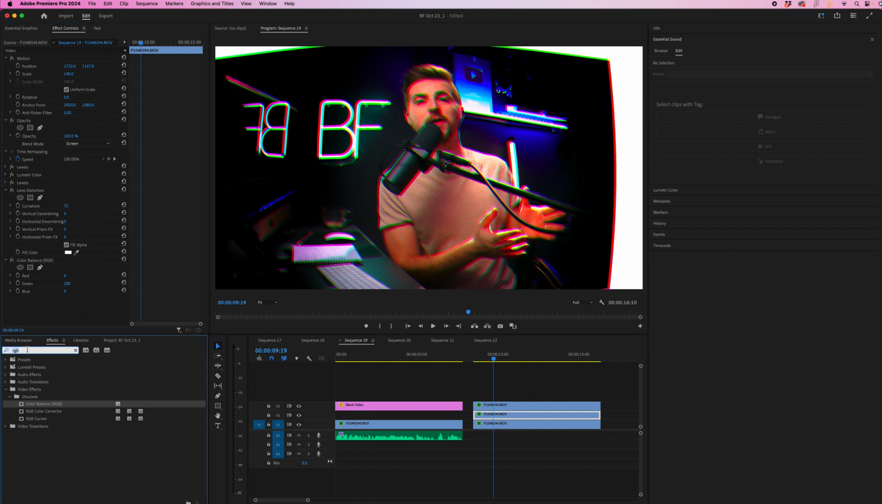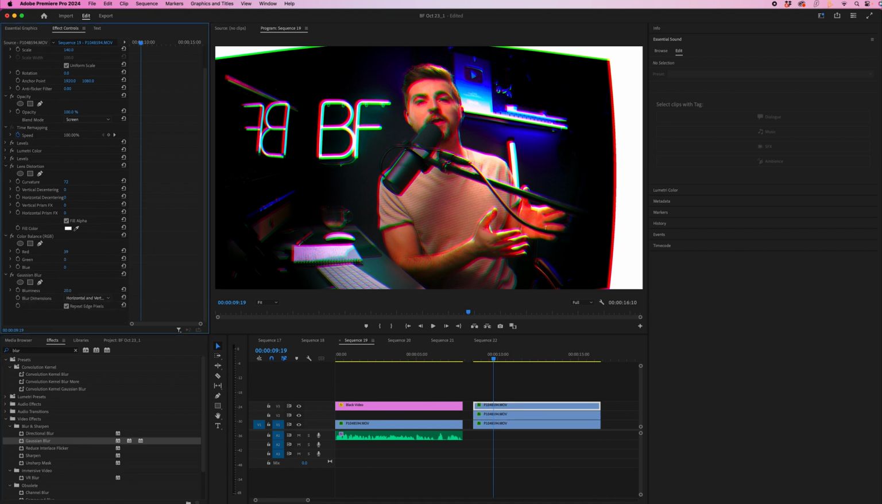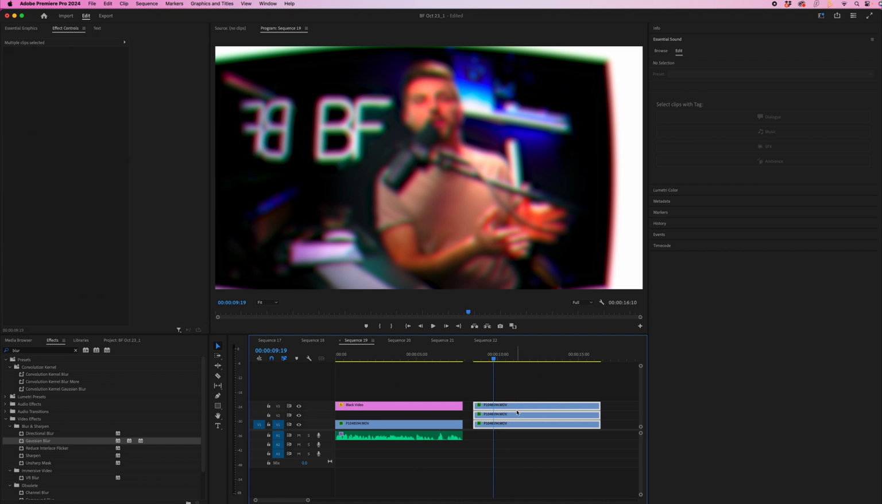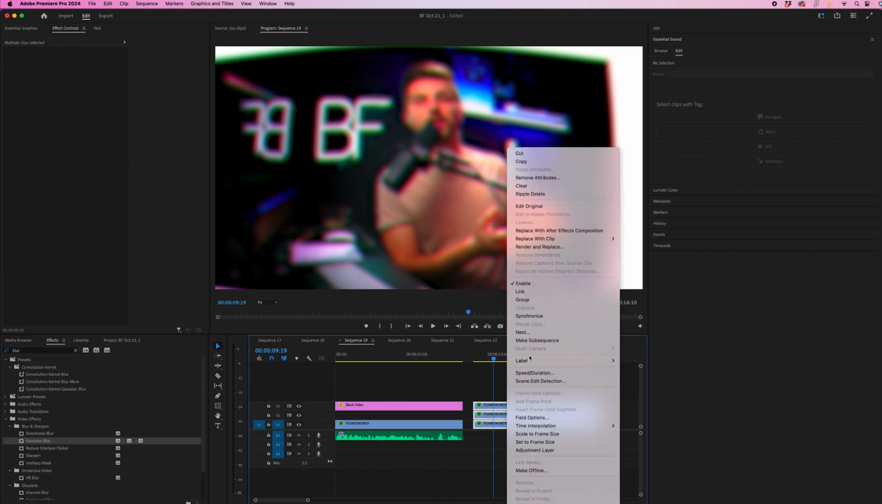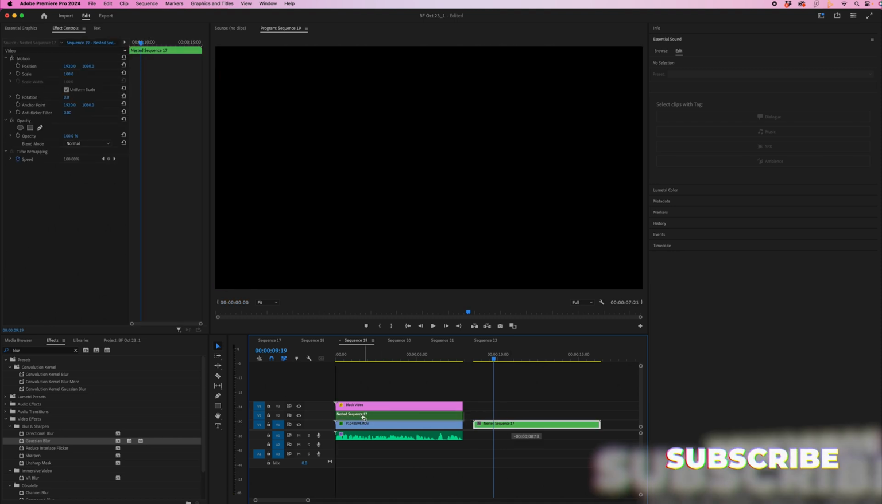Then we'll go into effects and search for blur. Drop Gaussian blur onto the first video. And we're just going to increase that number. Copy Gaussian blur and paste that onto both layers. Then we're going to highlight all of those, right click, nest, feel free to rename, drag that onto video layer